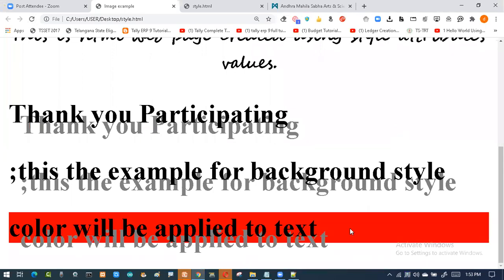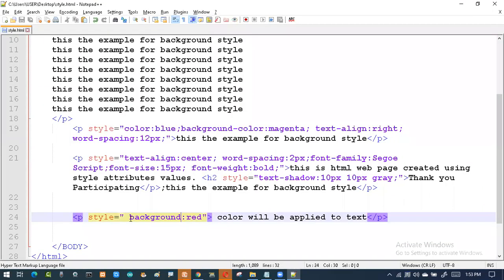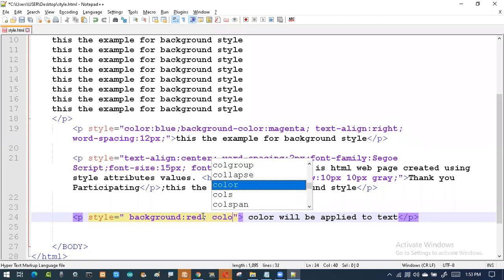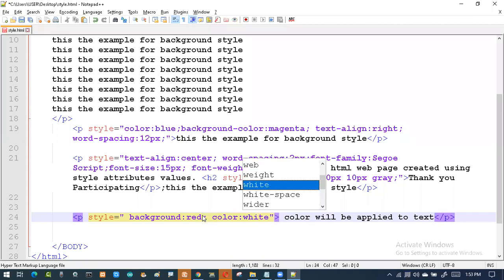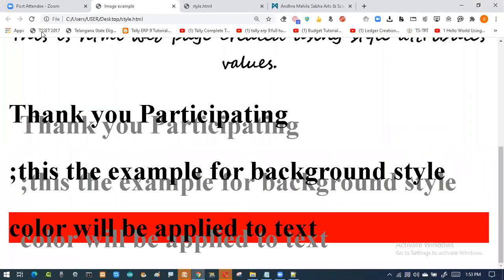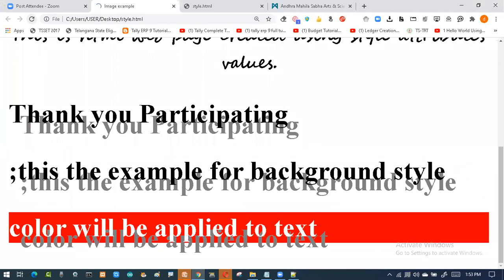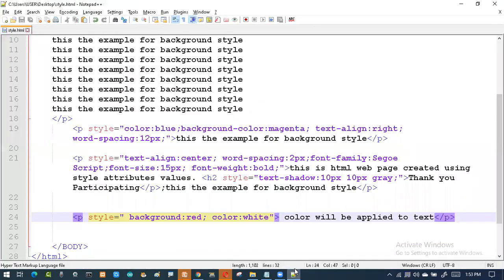If you want both, then you have to say background, then semicolon, then you can say color. Color has something called white. Then I'm going to get the color like this. So I'll get both text color and background color. For that I have to use the program like this. So this is how I'll be writing the program.